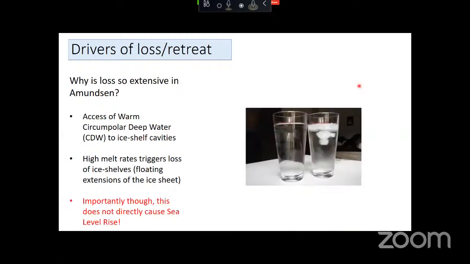That's not actually true, because losing mass from ice shelves themselves doesn't contribute much to sea level rise. There's an experiment that's done in some primary school classes. It was done